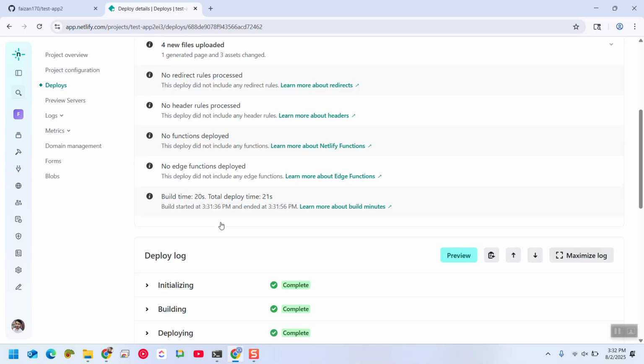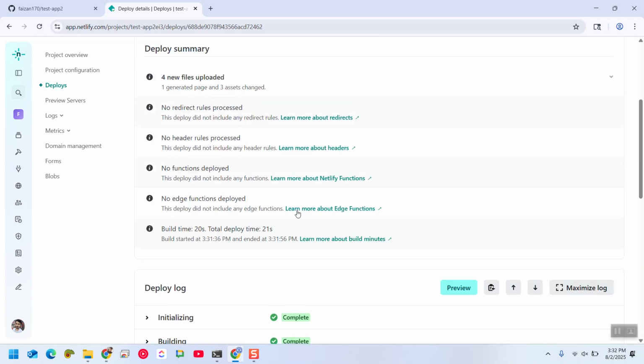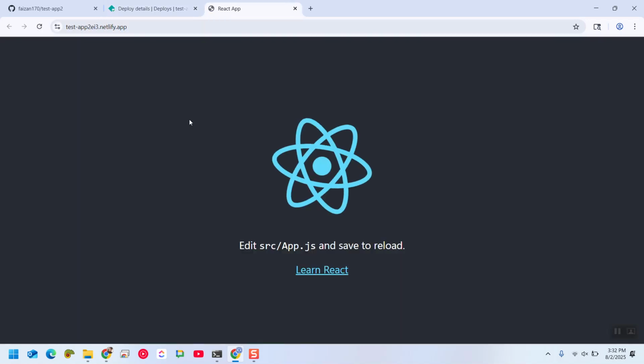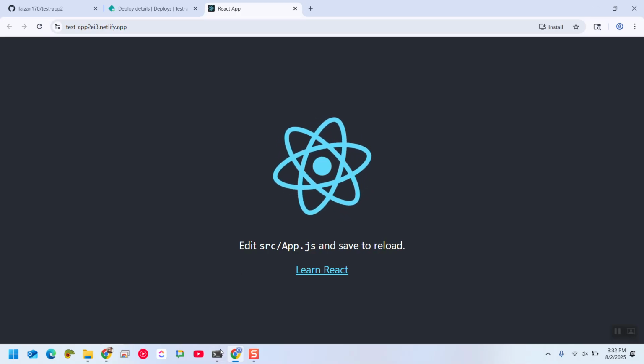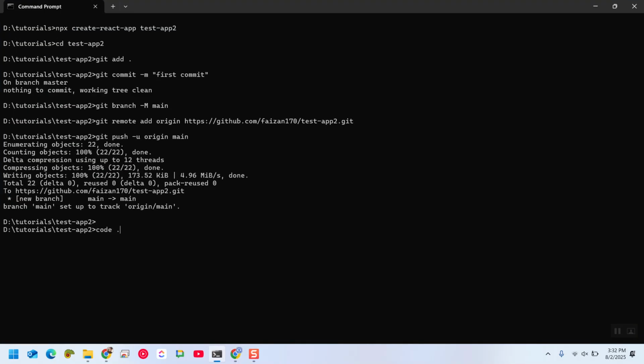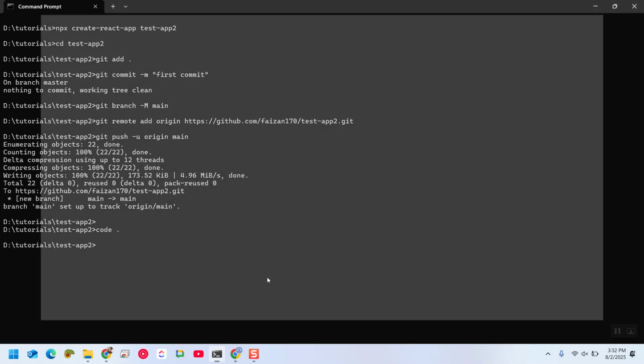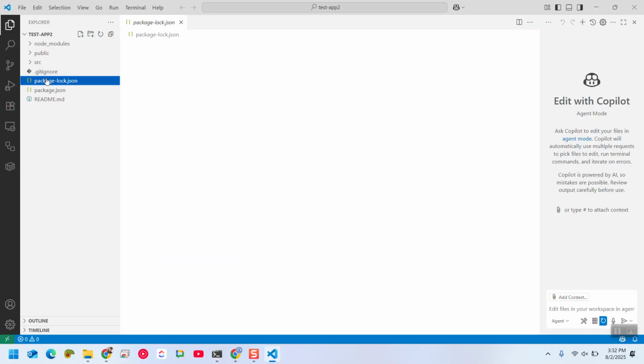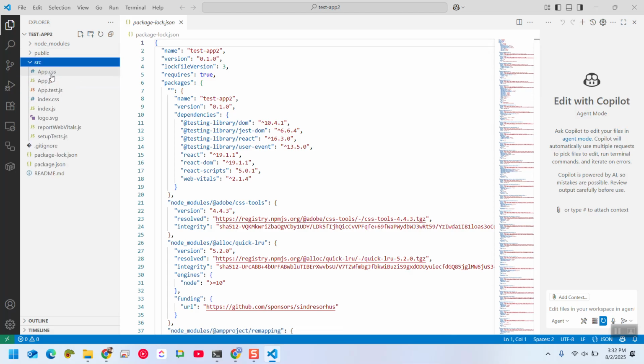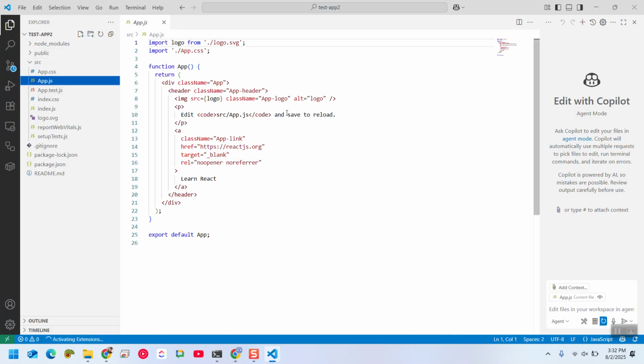Now, as you can see, all steps are completed successfully. We can open our production deployed URL, and you can see your code is here. Now this is continuous deployment. If I want to make any change, I can make it easily, and on push to GitHub it will be available there. So in our app.js